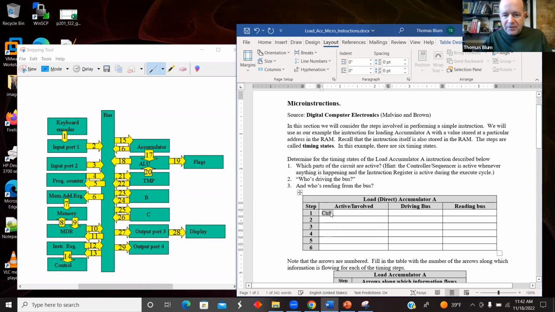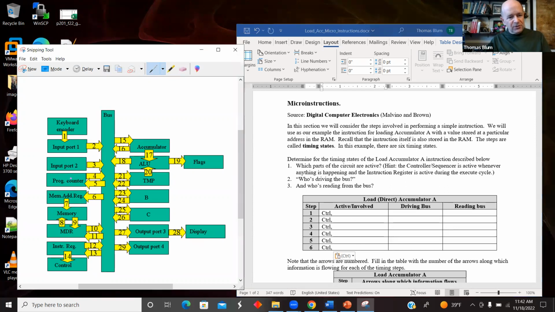And that's always there. So I'm just writing control, control, control, control, control. Always there's some control going on. Okay. And then in this first step, we said that the program counter